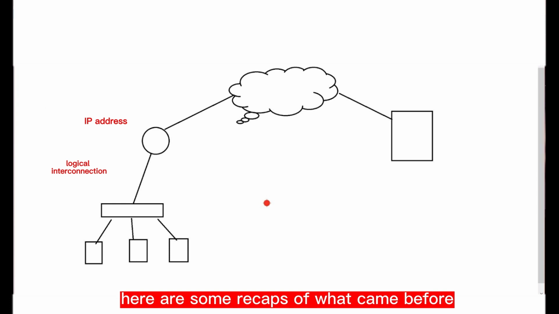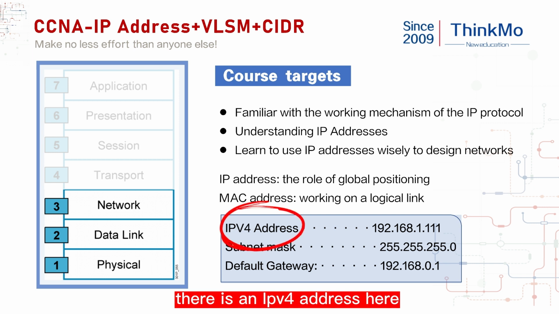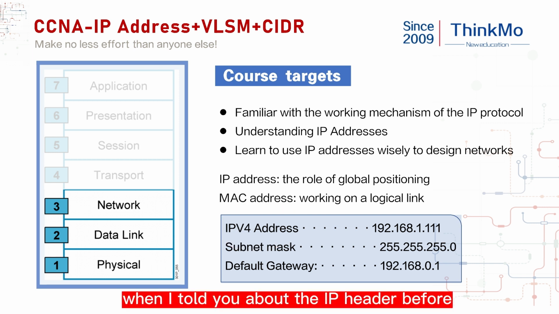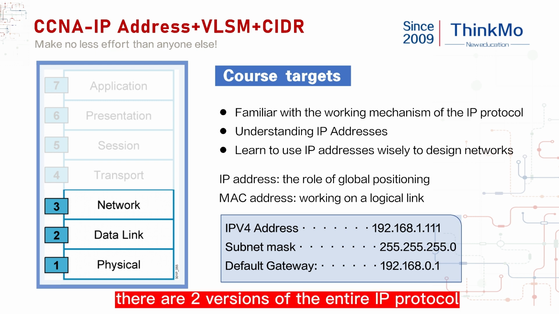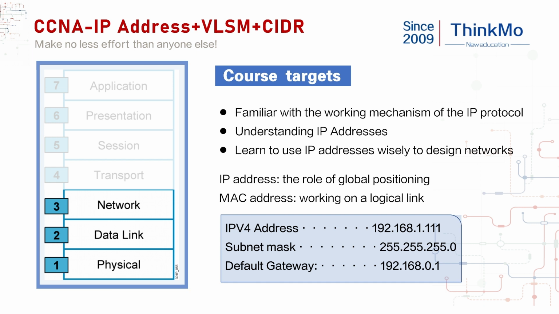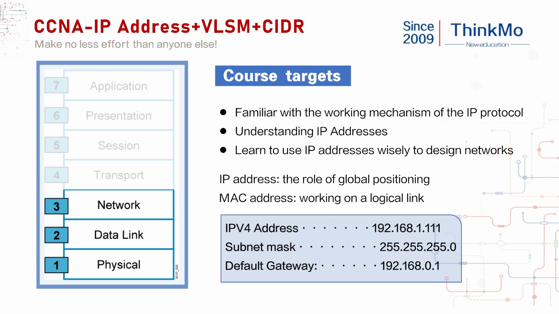Here are some recaps of what came before. So let's take a look now. Other than the IP address, what else will we see today? First, there is the IPv4 address. When I told you about the IP header before, I should have mentioned there are two versions of the entire IP protocol: version 4 and version 6. We will only be exposed to version 4 during the NA phase. It is also the most used version in the corporate network now. It's also the big version we're using now. Because of the migration to